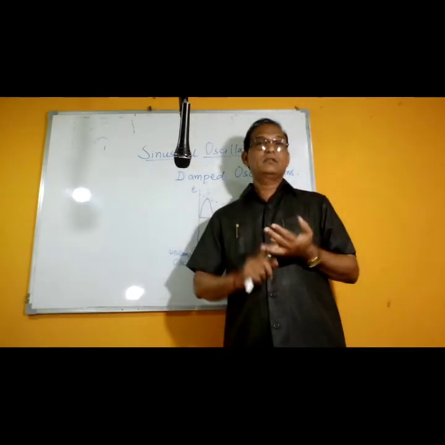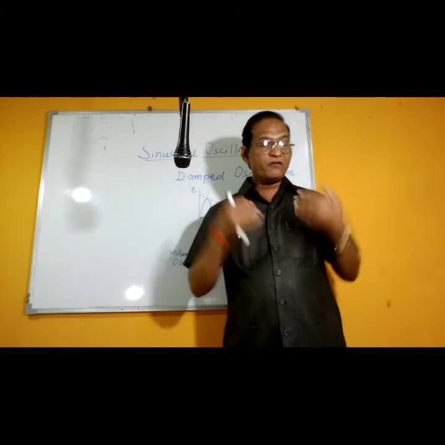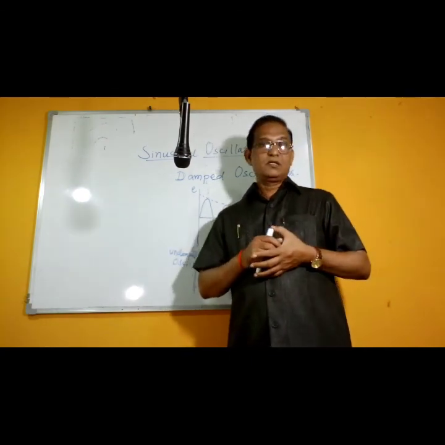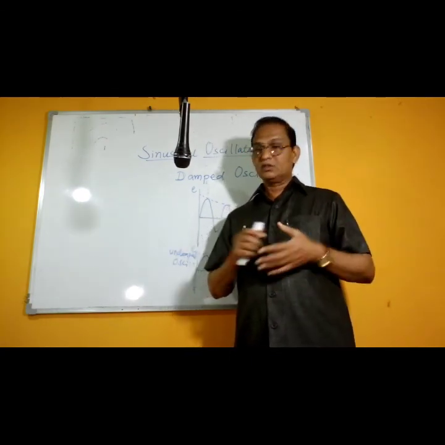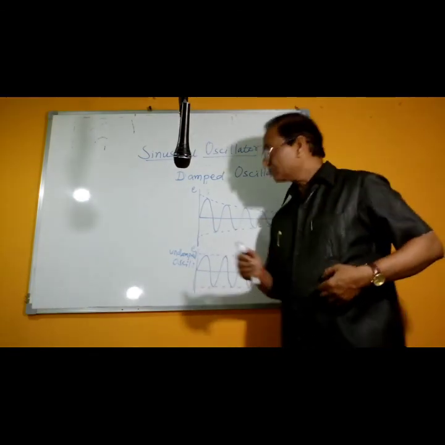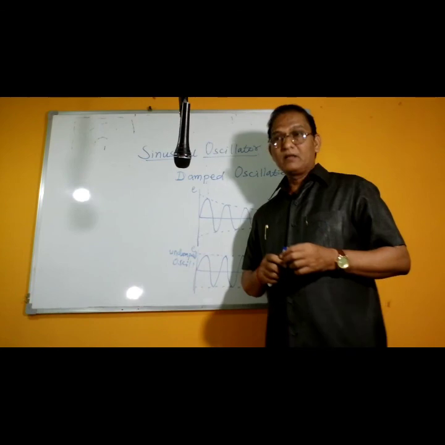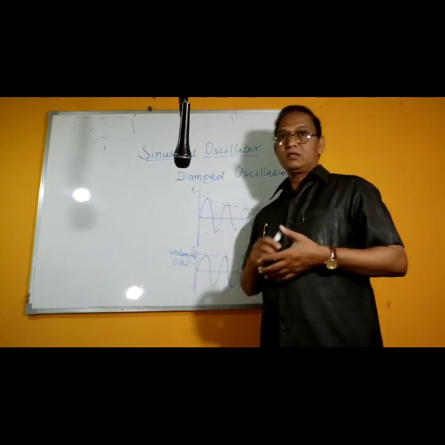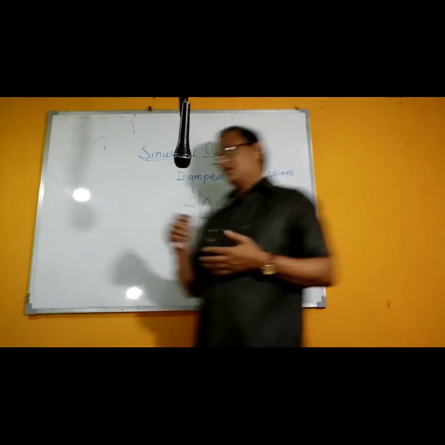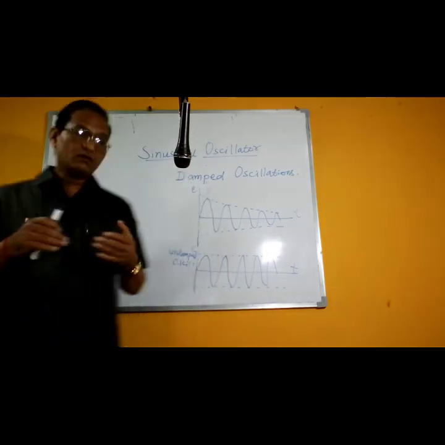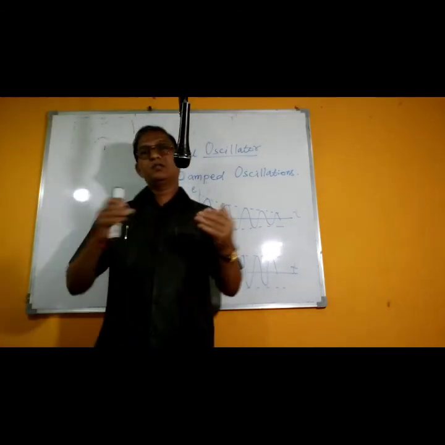If we need waveforms greater than 50 hertz, the alternator does not give them. Therefore, we make use of sinusoidal oscillators, so we can produce waveforms having frequencies from a very few hertz to several